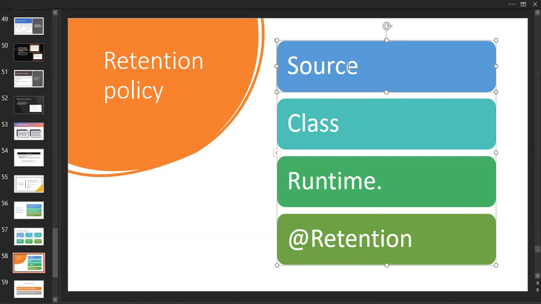In this case, we are telling the annotation to stay at compile time only, don't go further. Again, the retention policy is how long the annotation is going to be retained in your program. So in this case, we are going to use it only at compile time.